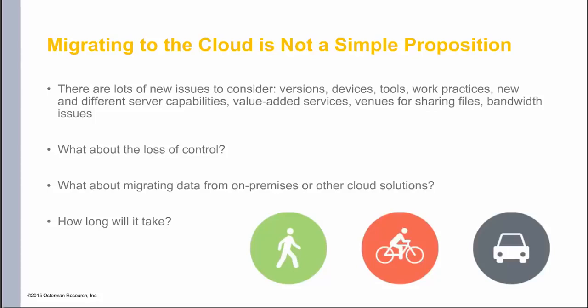There are also some new work practices to consider. The new tools, for example, in Office 365 allow for the introduction of new work practices, such as changing from using email for distributing in-progress documents, which is really the most common way of sharing files today, to shifting over to OneDrive for Business, SharePoint, or Yammer, some other tool that's perhaps more efficient at sharing files, but that requires a change in the paradigm of doing so.